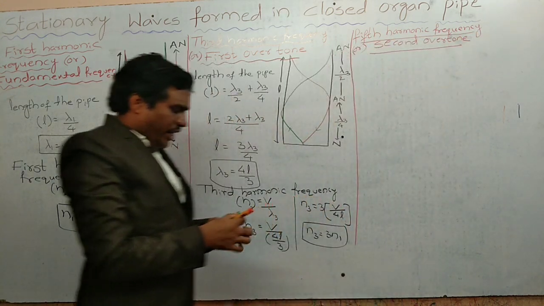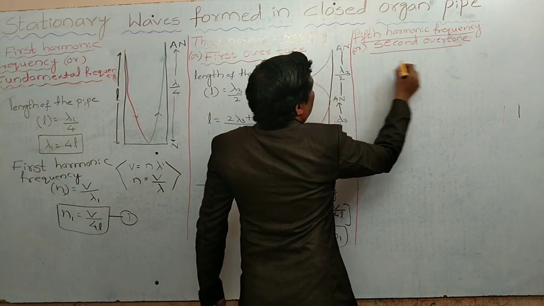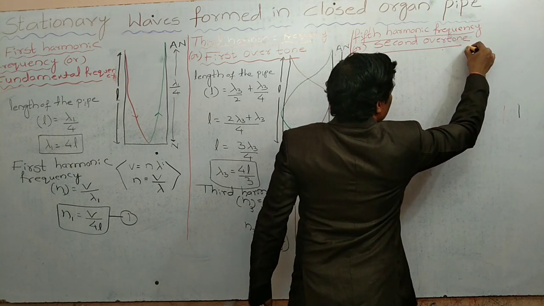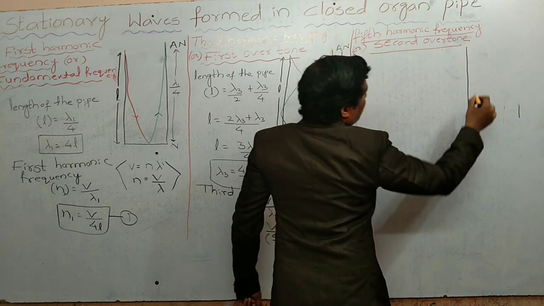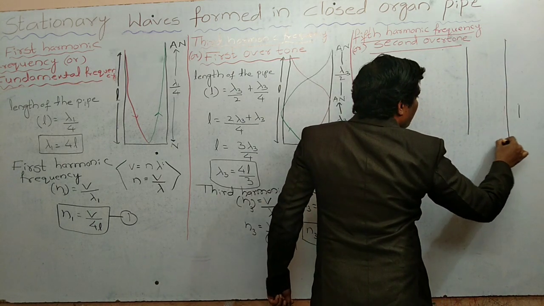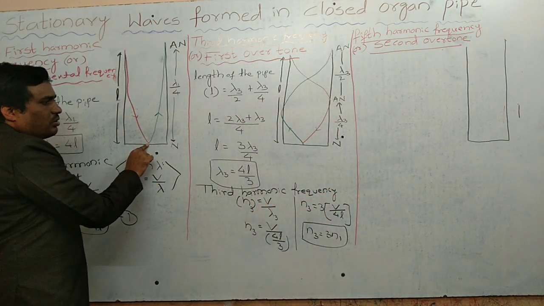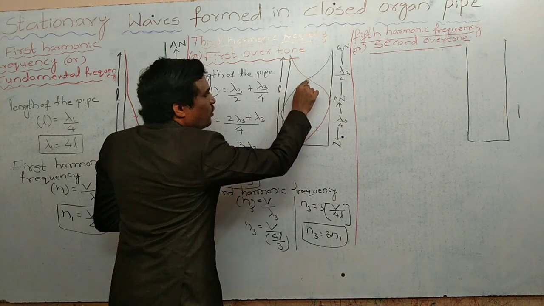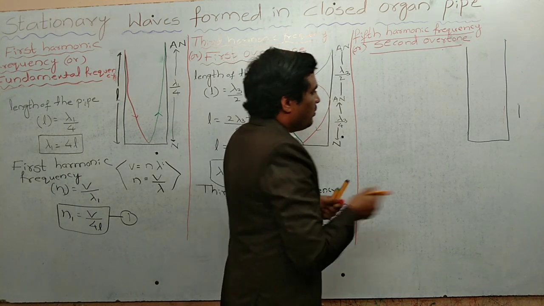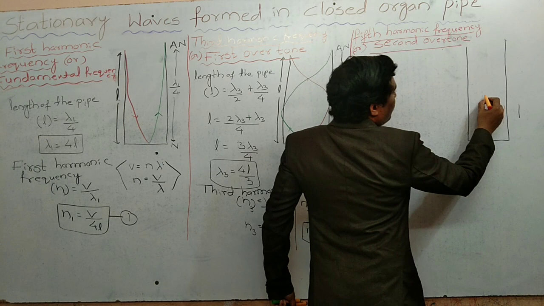Now again we have to derive the frequency value. Before that, we are taking one closed pipe. Suppose it is the closed pipe. In this case, here we have one node, and in this case it consists of two nodes. The next mode of vibration consists of three nodes. One should be at the closed end, because the closed end always forms a node.